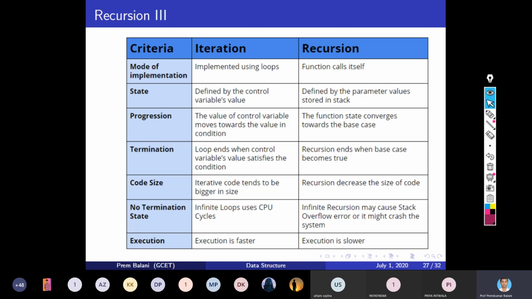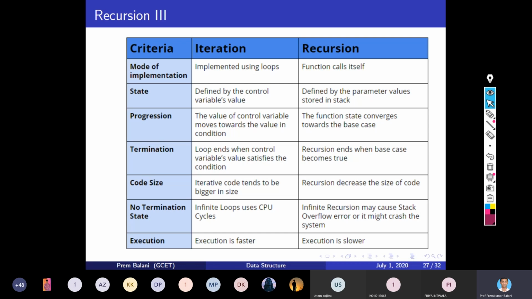Execution is faster in the case of iteration, and in the case of recursion, the execution is slower. Why is it slower? Because every time a function is called, a stack operation is involved.